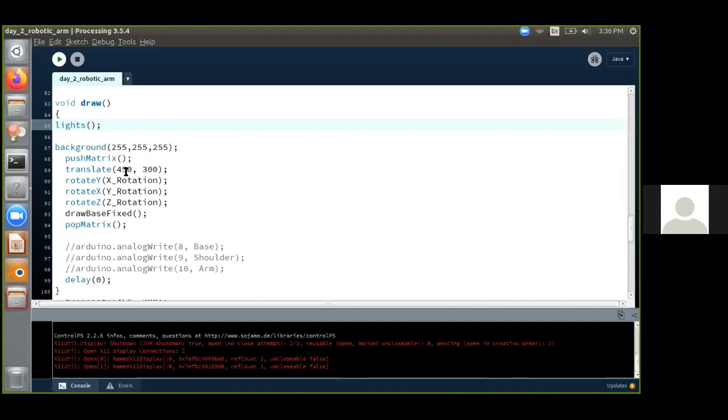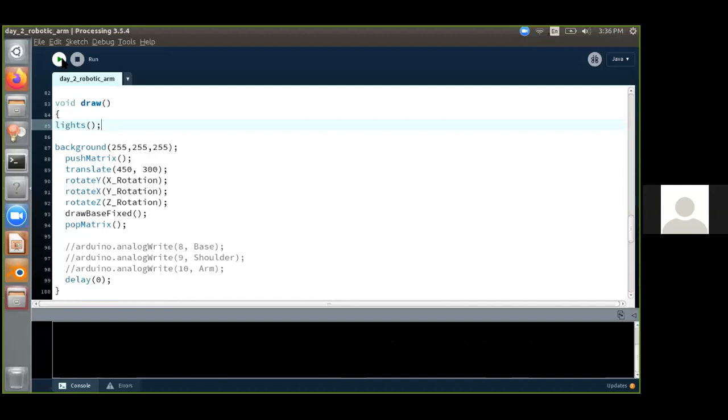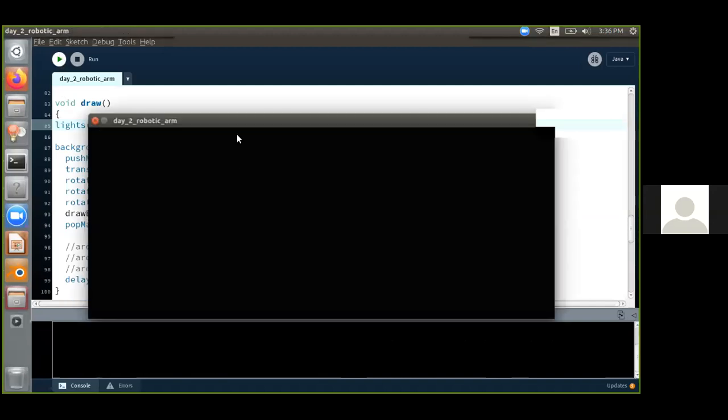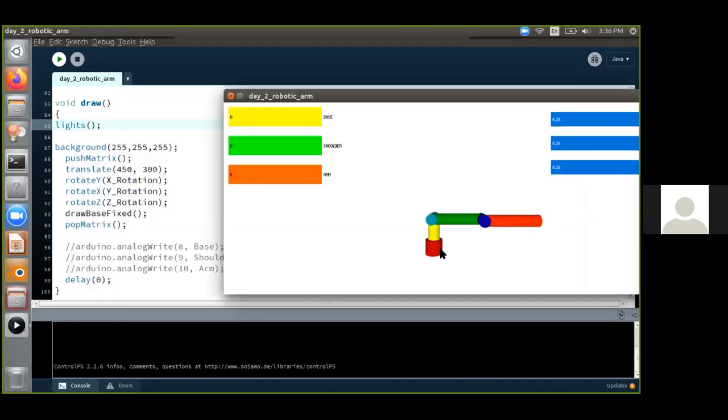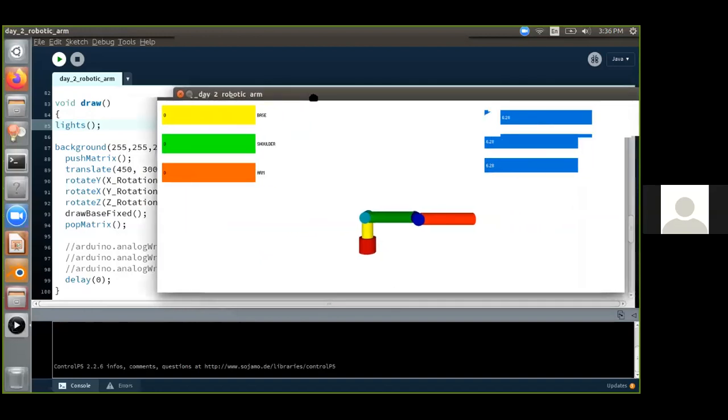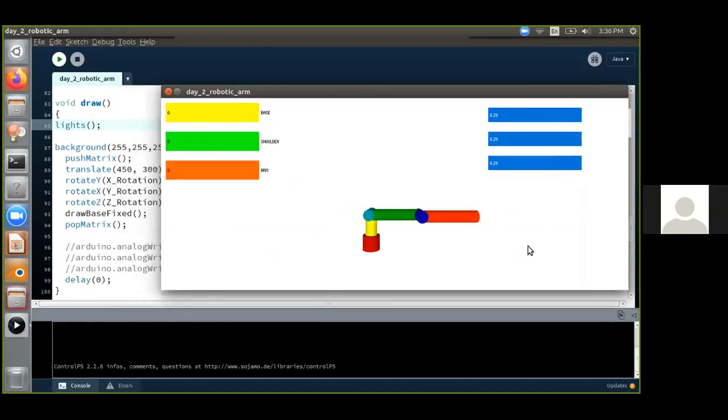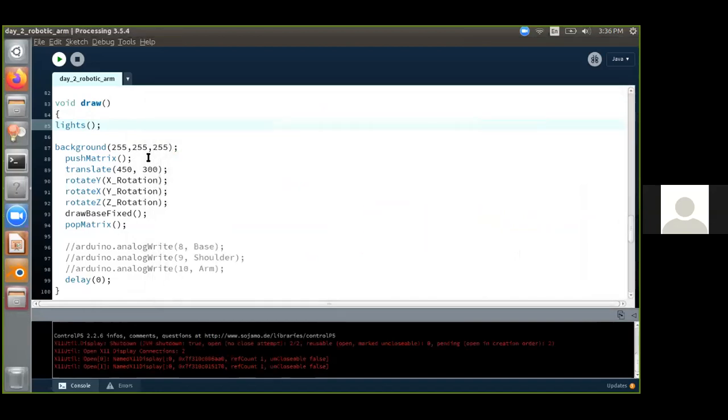So translate 450 comma 300 means that it is translating the robo by 450 on the x-axis and 300 on the y-axis. If you want to take the robo a little further on this side, you have to change the x-axis.